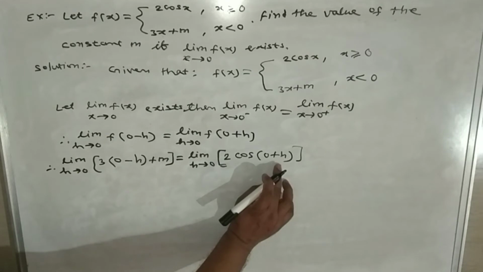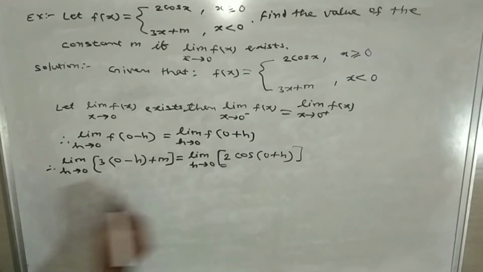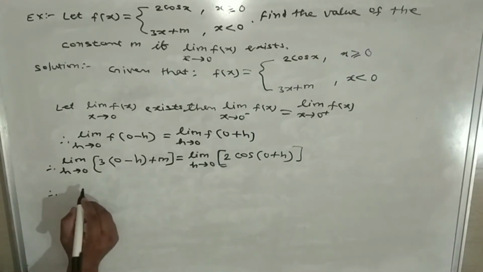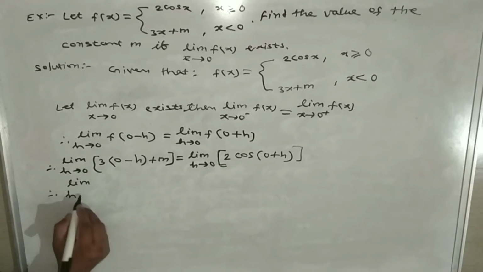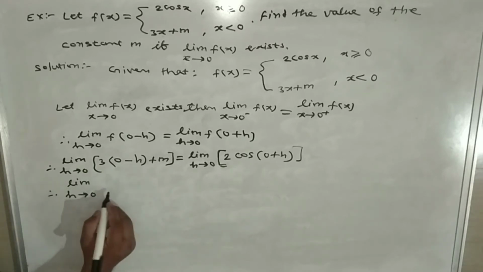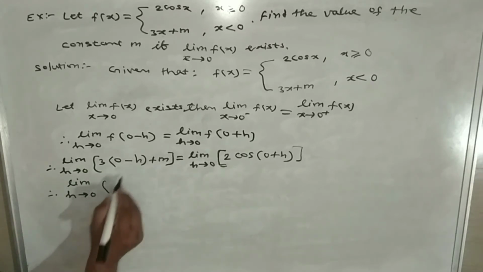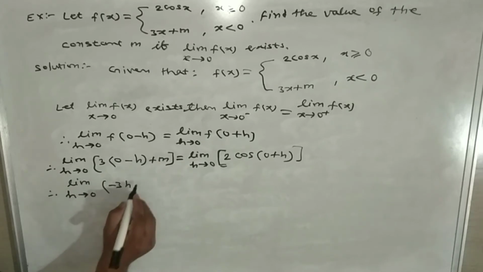So what we get? Therefore we get the limit as h tends to 0, this will be minus 3h plus m,